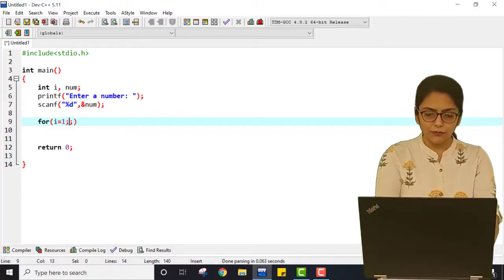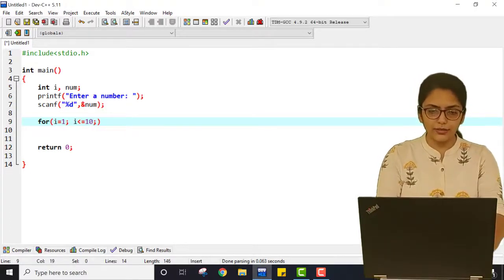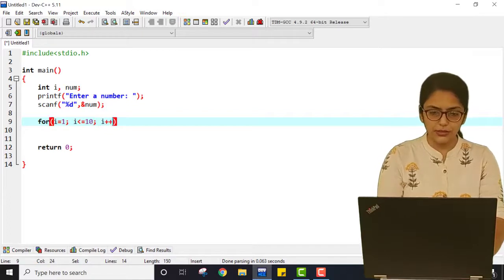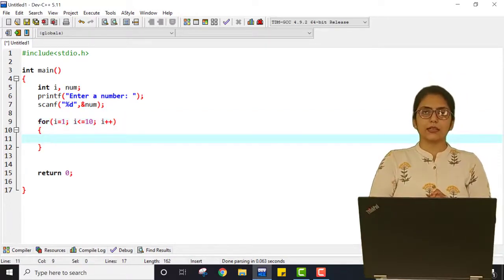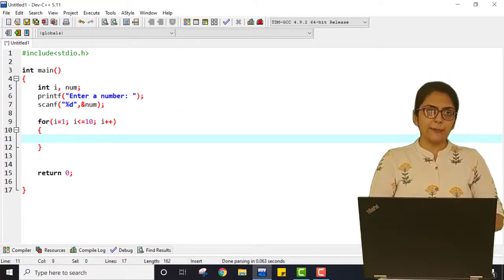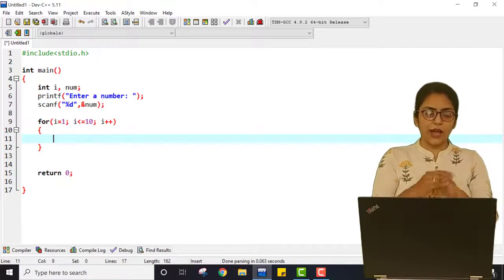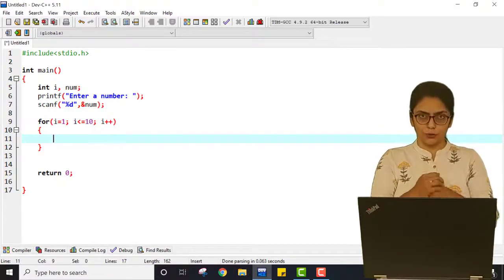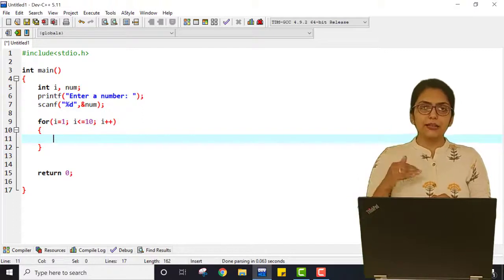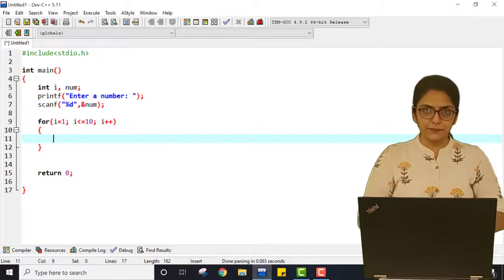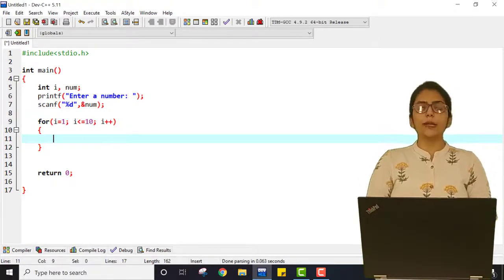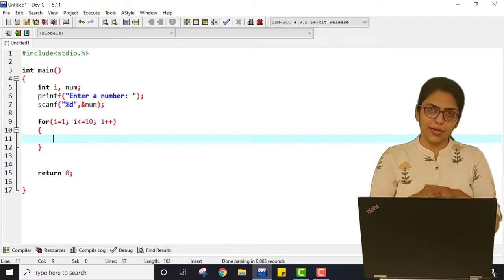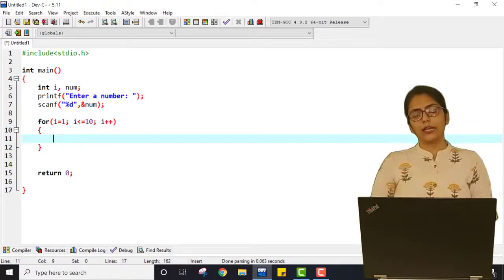Then i is less than or equal to 10 and i plus plus. If I am not changing the value of i inside the loop statements, then the loop will be executed exactly 10 times, for i equal to 1 to 10.